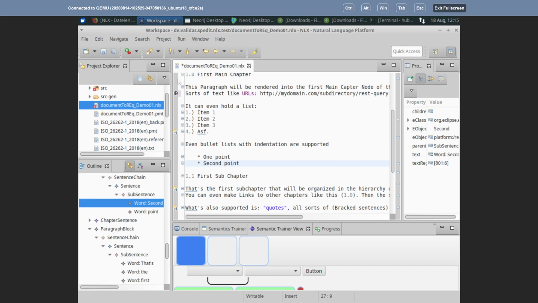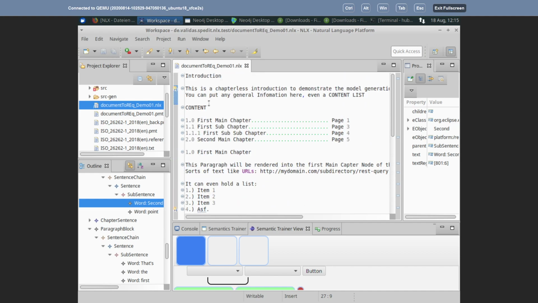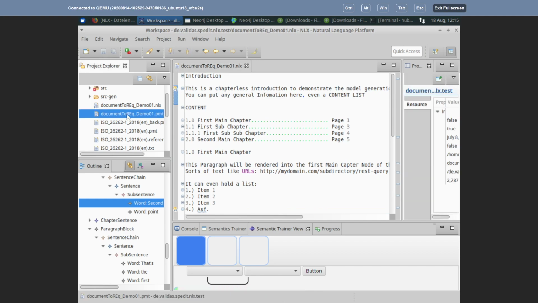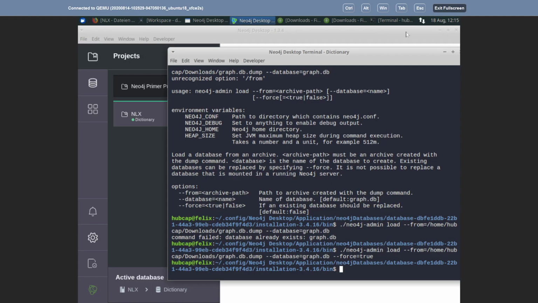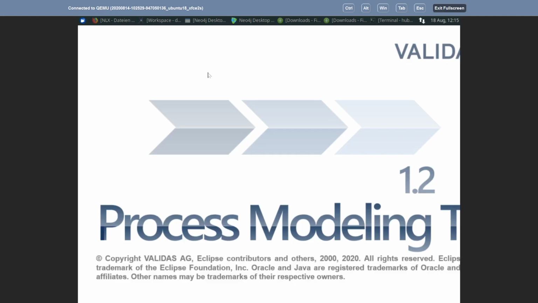And when I modify this and then save it, I receive a document called PMT. This is an XMI model document that you can open with the process modeling tool. So we open the process modeling tool,